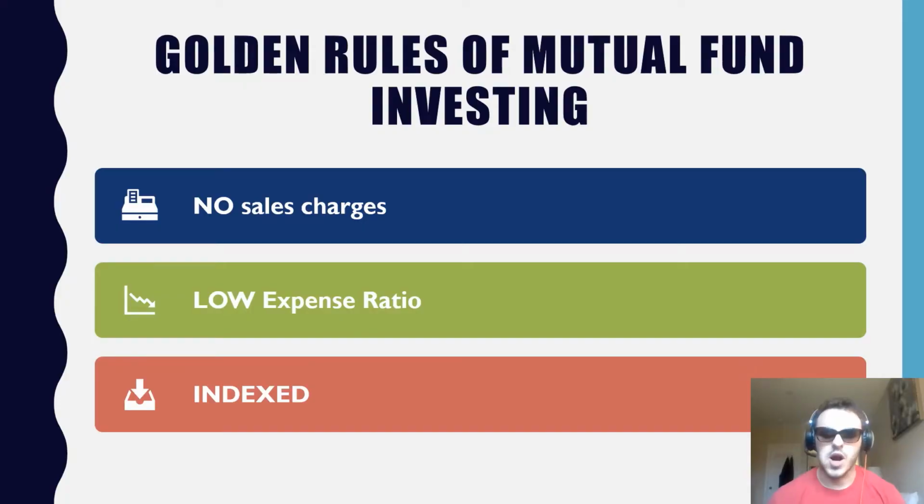Today, I'm going to show you some mutual funds that you can invest in with no investment minimums. So you can start investing with just $1. Let's go. All right, so before we get into these mutual funds, I want to go over the golden rules